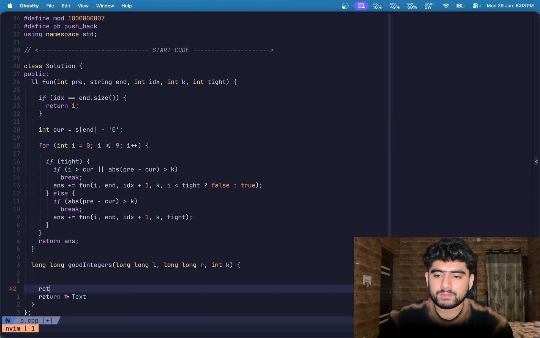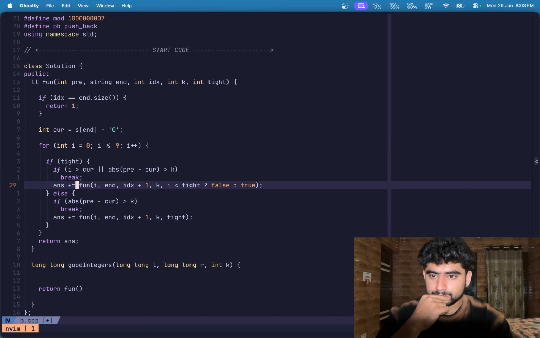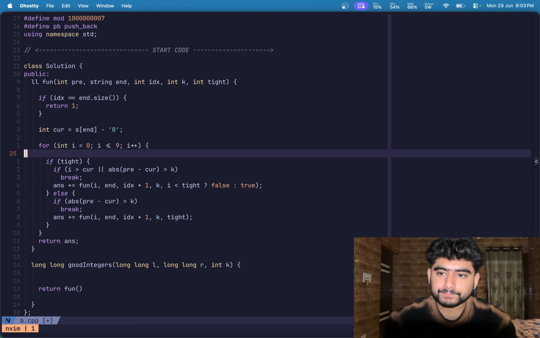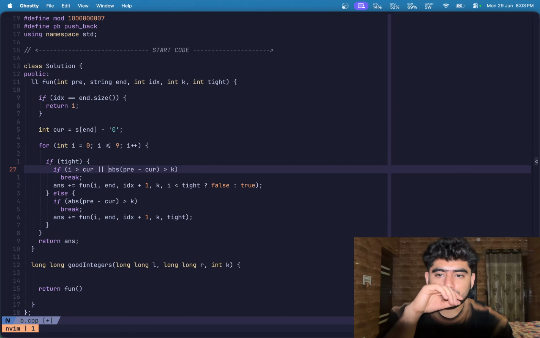So let me try to run this for the function of what is going to be a pre value. So we have to check this condition only,